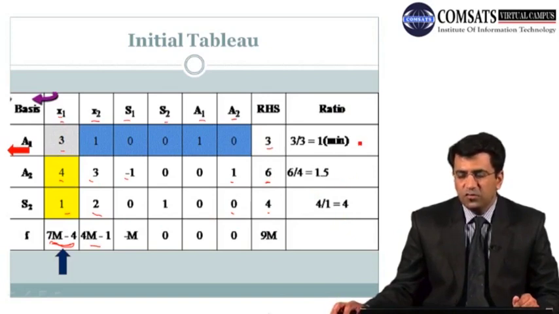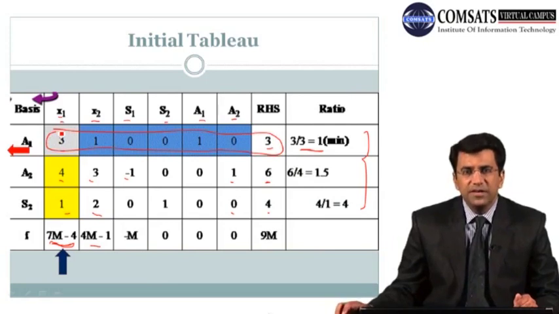Now after calculating all of these three ratios, we will have to identify the minimum value. What is the minimum value in this particular ratio? And again you must remember that if there is a negative value or some infinity value in this ratio, we always ignore those values. So out of these values, we will find the minimum value. So this is the minimum value out of all of the ratio values, and so the corresponding row will be our pivot row. This is our pivot row.